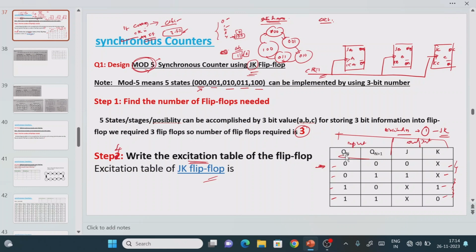Now this one we call the present state value, and this one we call the next state value. Simply, in place of n you substitute the flip-flops we have: A, B, C, right? So the present state is Qn. What is the next state value according to the truth table? Qn plus 1. If you want to mention the A flip-flop, in place of n you write A: this is the present state, this is the next state value. For B, it is QB, QB plus 1. Just replace n with A or B or C, so that you will find this. Next, for C it is QC, QC plus 1, right? So now what we have to do is draw the excitation table for the 3 flip-flops, right?